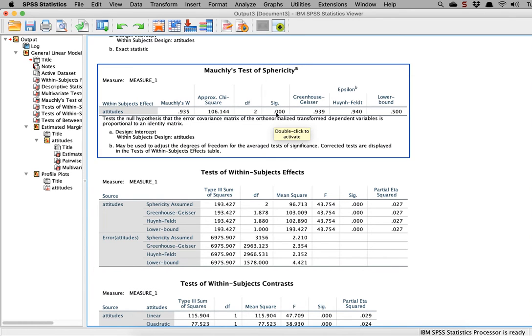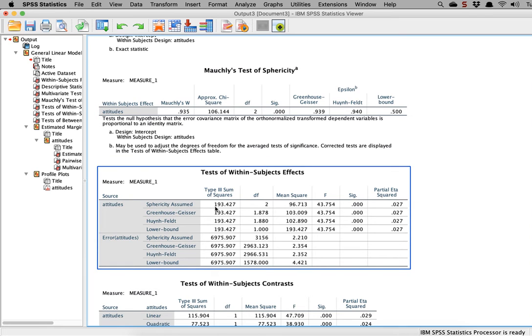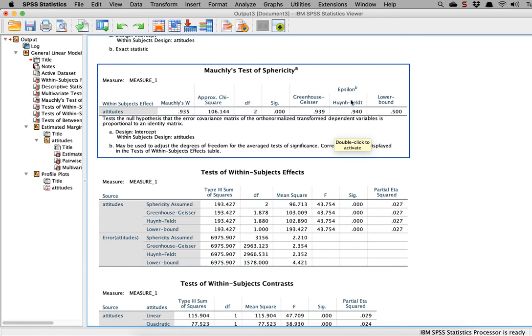In this case, it appears I've not. I've got a significant value. If I'm less than 0.05, I'd say I'm not clearly meeting Mauchly's test of sphericity. So I'll need to think about that and adjust some issues or report some different stats associated with that. You'll see these epsilons, which are how much of a departure from sphericity there is. And you've got two corrections, Greenhouse-Geisser and Huynh-Feldt corrections. Typically, the rule of thumb is if your value is less than 0.75, use Greenhouse-Geisser's correction,